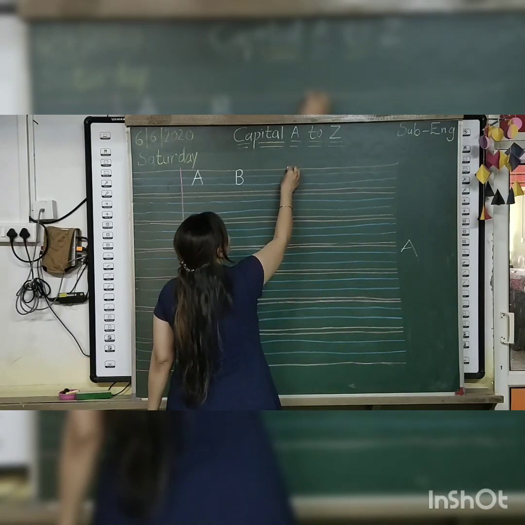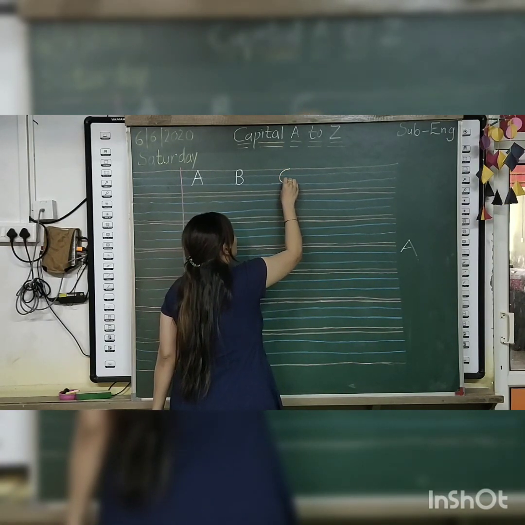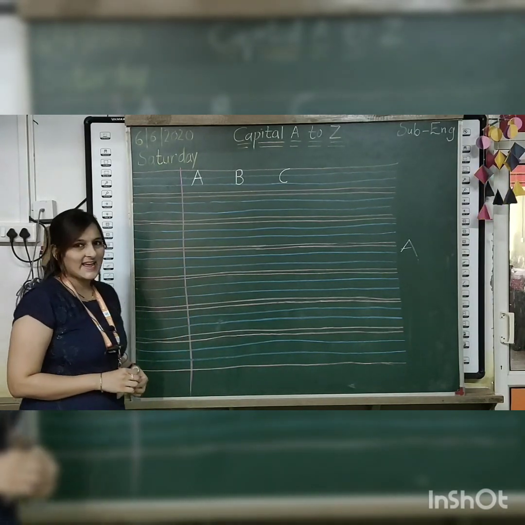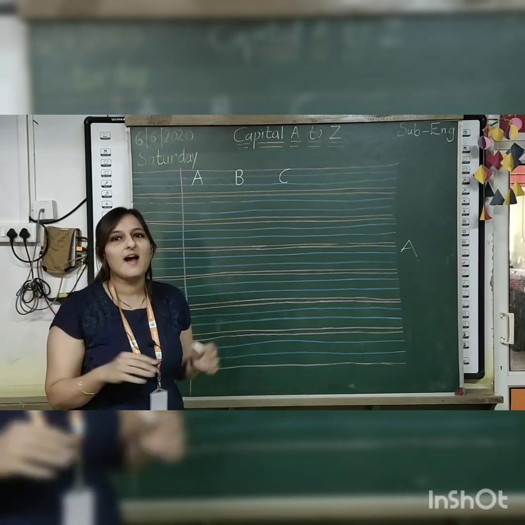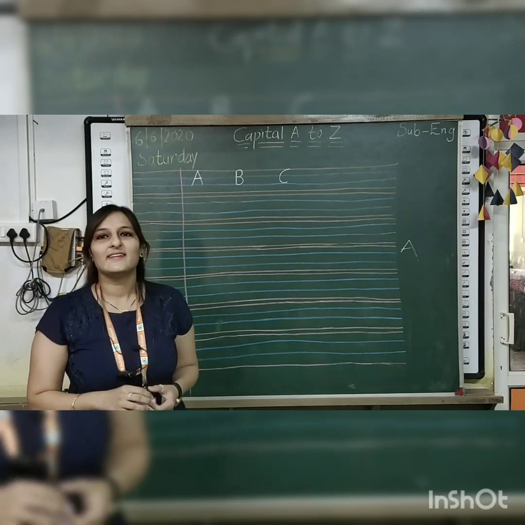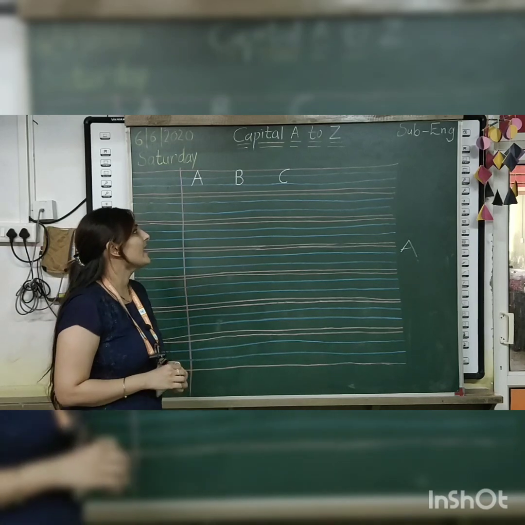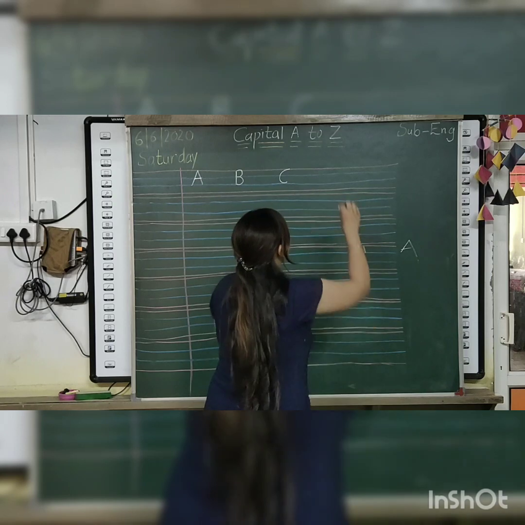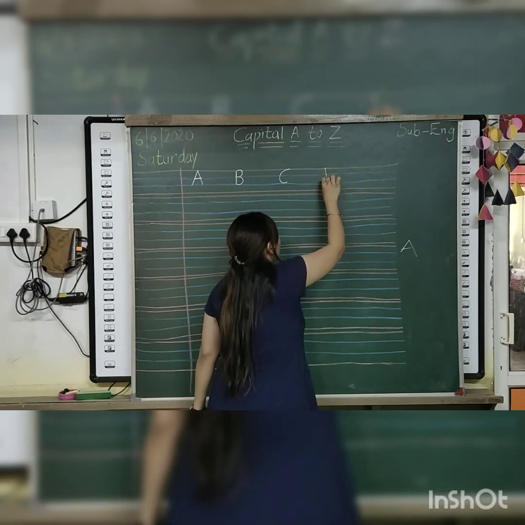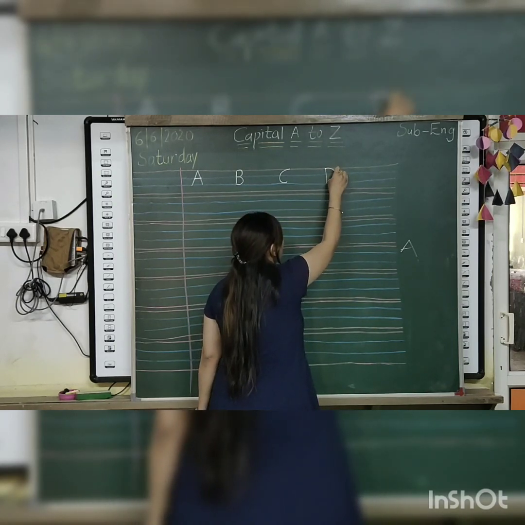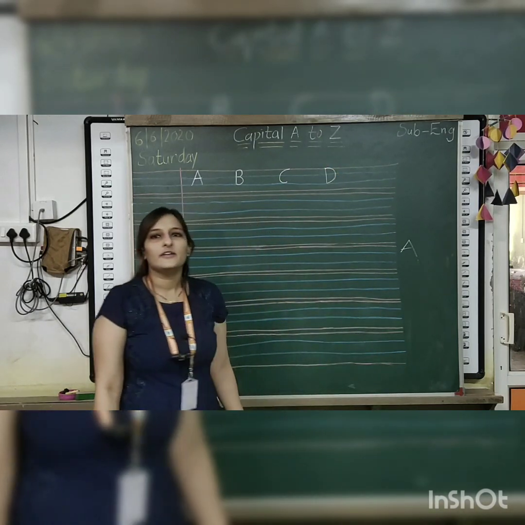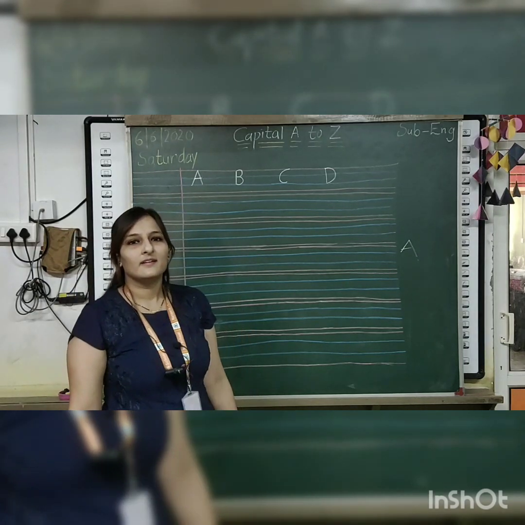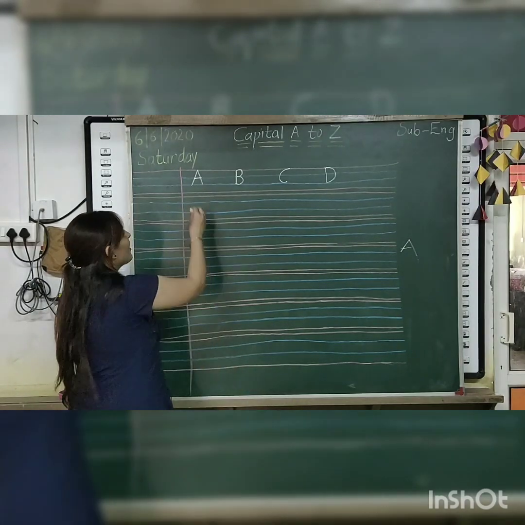Then write with me. C. C for cat. What does the cat say? Meow, meow. Say it with me. Yes. What comes after that? D. Leave 2 finger space like that on your notebook. Then write D. Standing. Then curve. D for dog. D. What does the dog used to say? Bow.